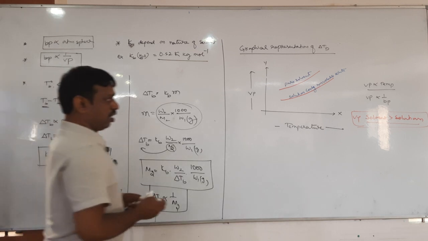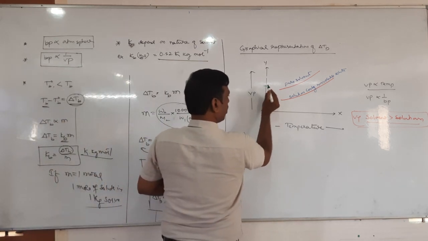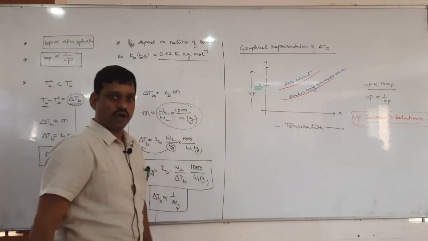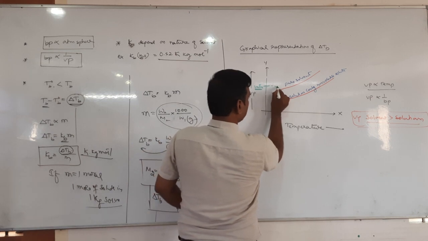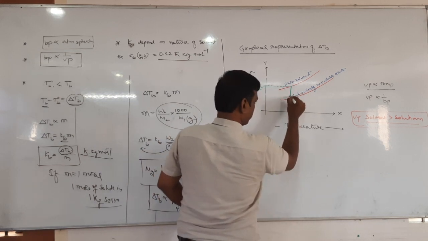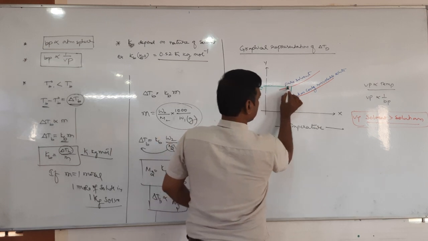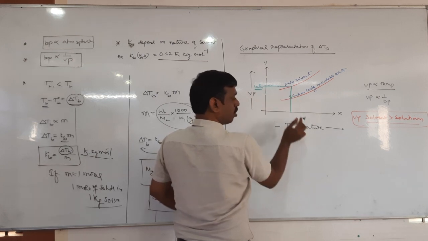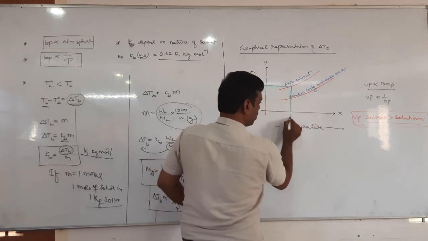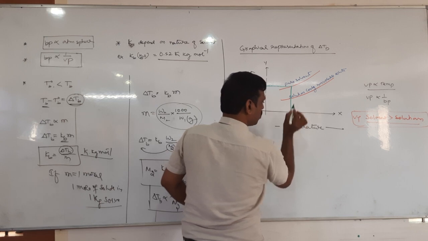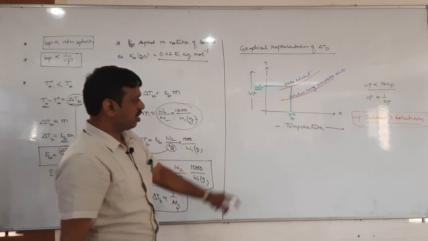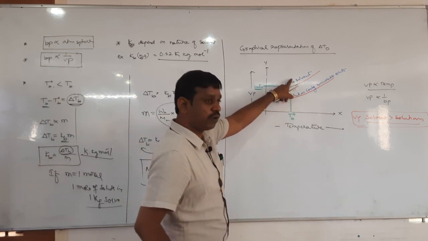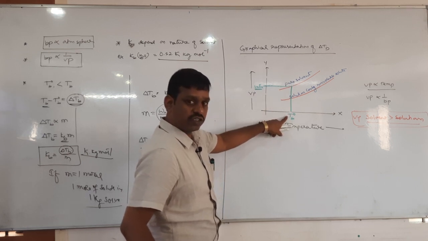Okay, now see carefully. Suppose here, let us take this vapor pressure as 1 atmosphere. Okay, now take the line here. Now tell me, this is what? It is 1 atm, it is a pure solvent. At 1 atmospheric pressure, pure solvent boils or not? Boils. So that is called what? Boiling point of pure solvent. Therefore, it is T0B. It is T0B because pure solvent is boiling at this temperature, T0B.